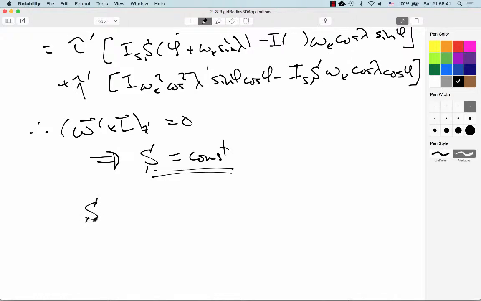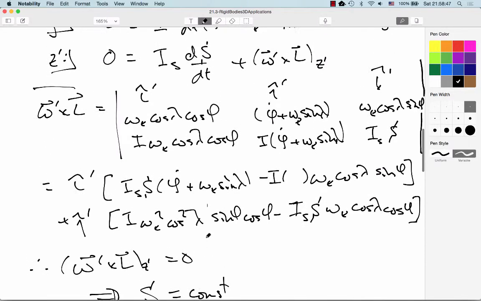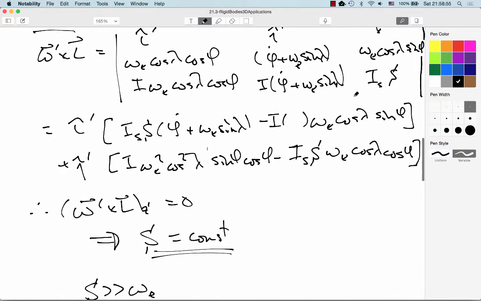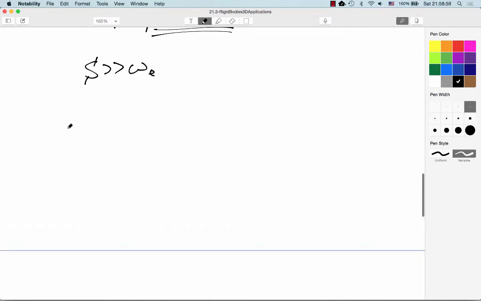So that means that the spin is going to be much greater than the Earth's rotation rate. So when we look at the y component of the torque equation here, N_y prime equals 0 will imply